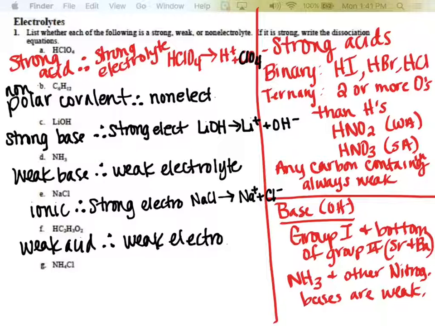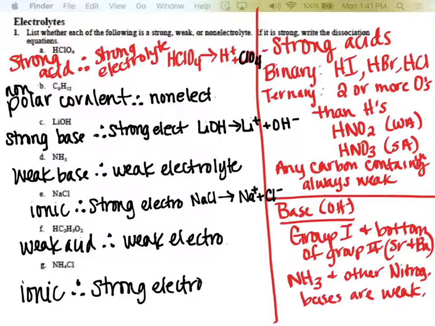And our last one, NH4Cl. So NH4 is a what? It's a polyatomic. Cl is an element. It's a nonmetal. So polyatomic plus a nonmetal makes what type of bond? Ionic. Therefore, what type of electrolyte? It's strong. And NH4Cl is going to break into NH4 plus